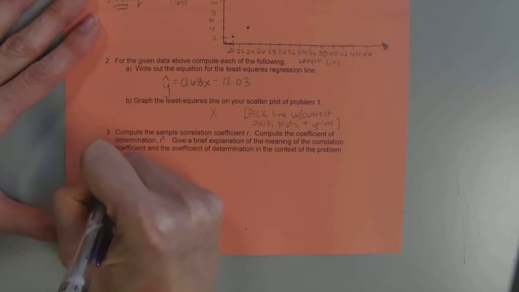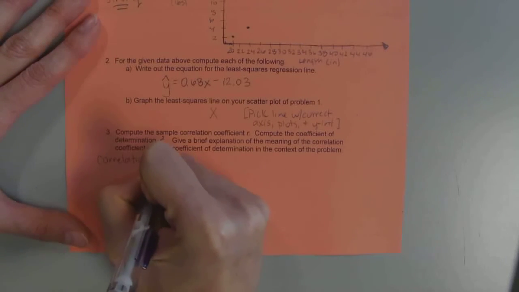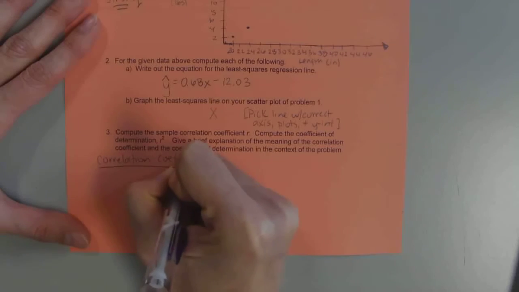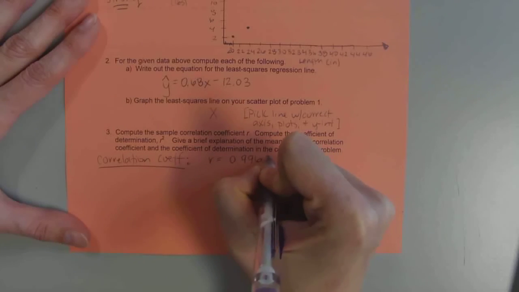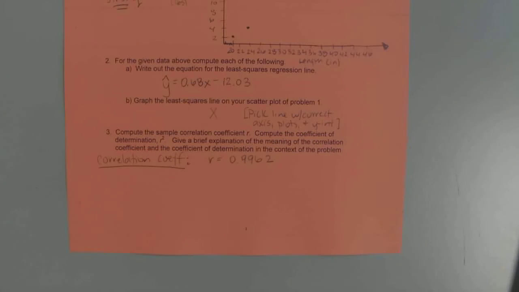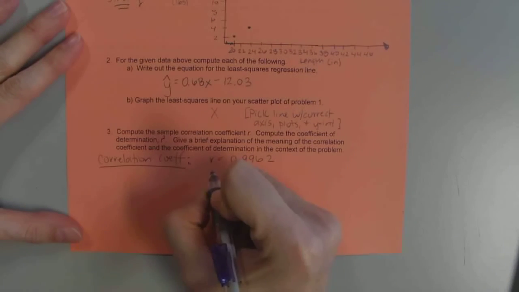So your correlation coefficient R equals 0.9962, like that. What does that mean in words? Well, it should tell you 2 things. It should tell you what direction, positive or negative, and it should tell you strength, strong, moderate, or weak. So is it positive or negative? Positive, strong, moderate, or weak? Strong, okay? So this is a strong, positive,